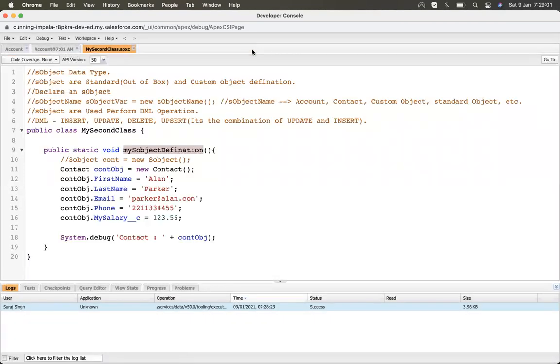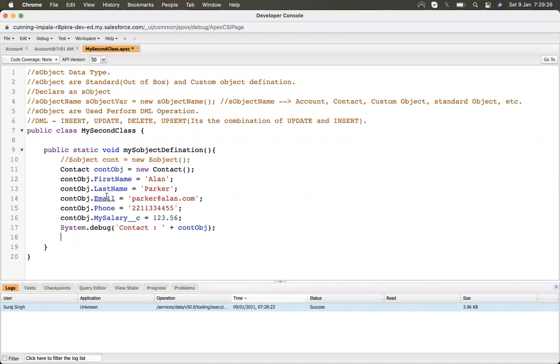So you are creating a new record, right? I'm creating a new record this way, but before that, I'm just showing you how it looks in the logs. As I told you, whatever we are working on in Apex, always take a look at it in the logs. Whenever you're doing anything, see how it looks in the log.